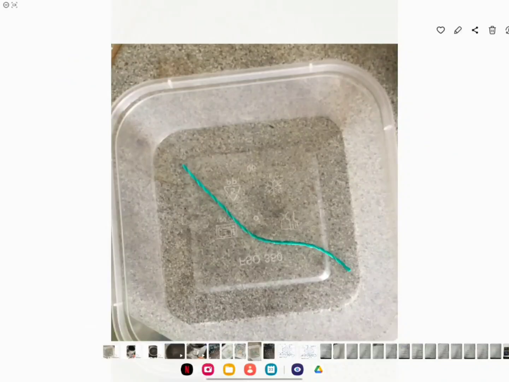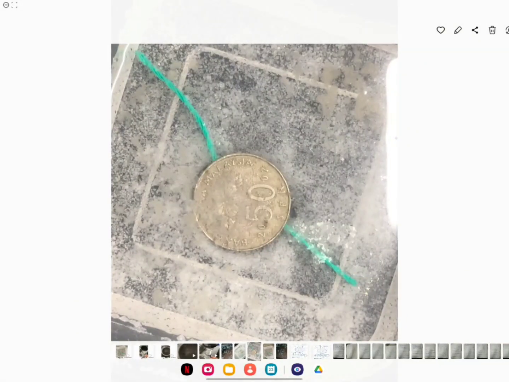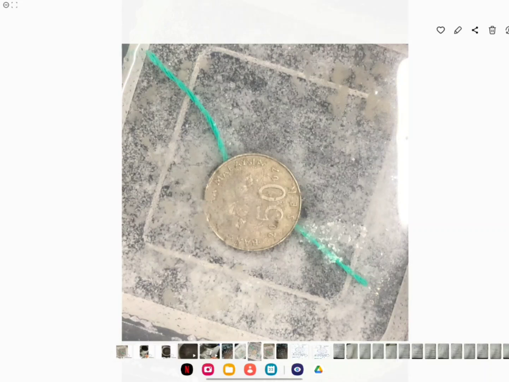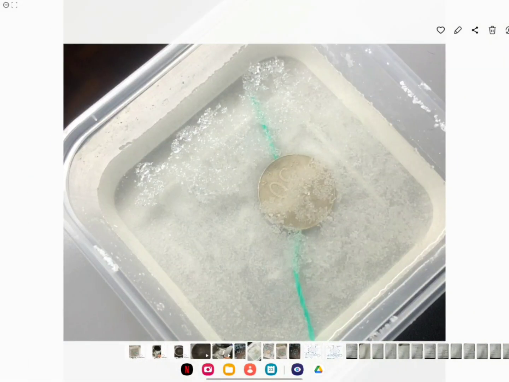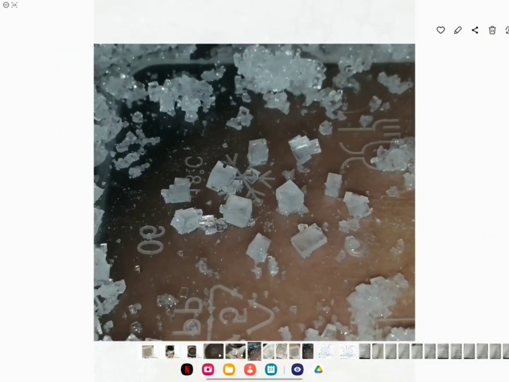This is how it looks when it's still fresh, just put into the container of salt solution. We put a syringe inside, hoping to get a line of salt crystals. This is how it looks after 2 days. This is how it looks after 4 or 5 days, and last, after maybe 2,000 years,